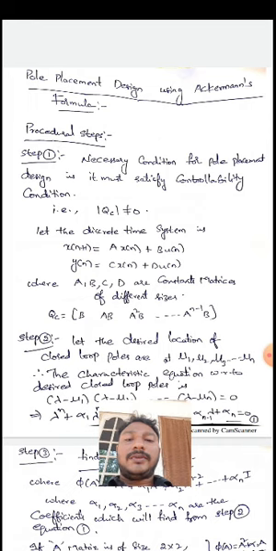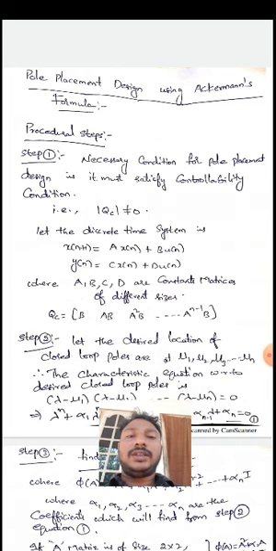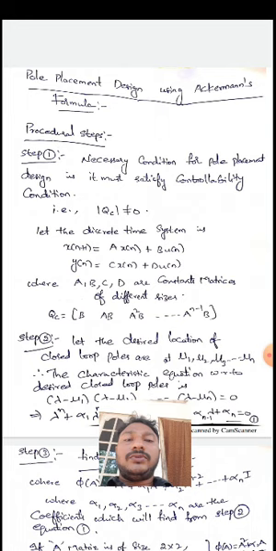If the A matrix is of size 2 by 2, then QC is equal to B, AB. If the A matrix is of size 3 by 3, then QC is equal to B, AB, A squared B. After finding the controllability matrix QC, you need to find the determinant of QC. If we get the determinant equal to 0, then we stop the procedure, and we cannot design the gain matrix using Ackermann's formula, the general method, or the Bhaskara method. So definitely the given system must satisfy controllability.